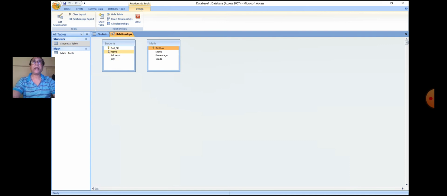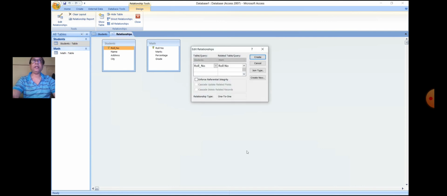Drag the primary key of the parent table, that is student table, and drop it over the same field in the child table, that is marks table. The cursor changes to an arrow. The edit relationship dialog box appears. Click on the create button.